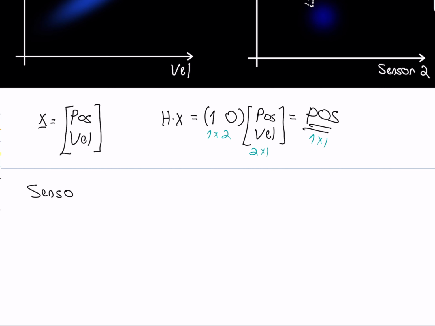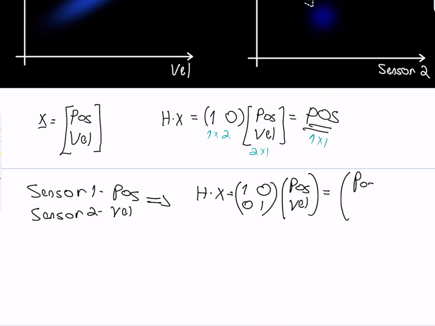Let's write it. When this matrix is multiplied by the state vector, what we will get is, again, position and velocity. And again, you can check via the dimensions. This is 2 by 2 and this is 2 by 1. And when you multiply those, you will get 2 by 1. A measurement vector of two parameters, the position and velocity. In this case, I say that the sensor space is identical to the state space. Simply put, I have a sensor for each one of the things that I'm measuring in the state vector.